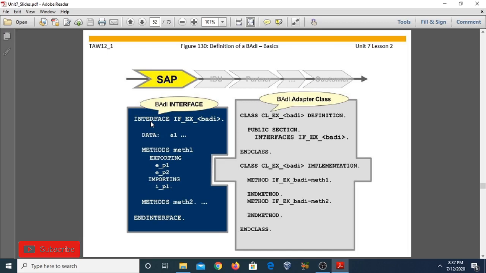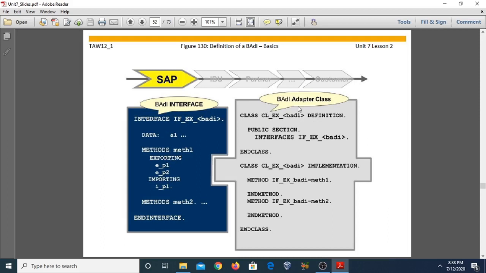An interface is defined with the INTERFACE keyword, here IF_EX_BADI, with a corresponding formally defined method, METH1. So we have added a customer interface to the existing adapter class. The adapter class is going to implement this interface, because interfaces are special classes that cannot be instantiated. With the help of the adapter class, you can implement the methods of the interface.